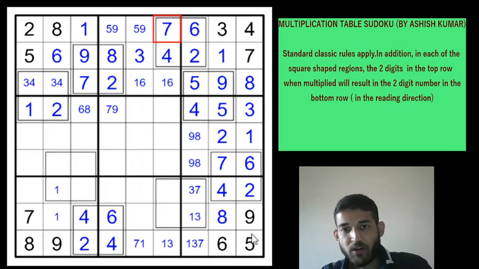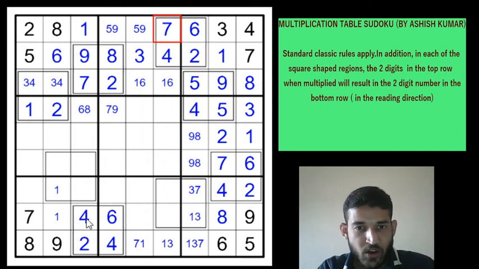Right, again one more wonderful piece of logic. Now let's focus on this box. If you see along row 8, can you have 3 in row 8, column 7? That is, can this cell be a 3? What happens if this is a 3? We immediately get this to be a 7, right? Because of the interaction, when this is a 3, this will be a 7.